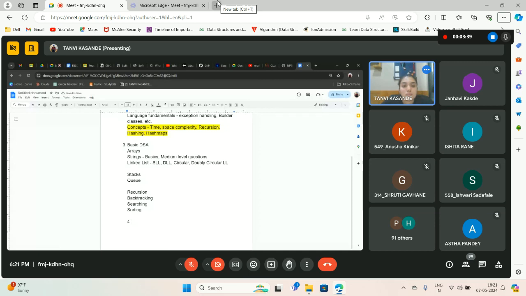So these comprise the basic data structures and algorithms that you must do. As I mentioned, arrays, strings, and linked lists are the very, very basic data structures, and everything that you are going to implement from here on will in some way or the other have arrays or strings or linked lists.